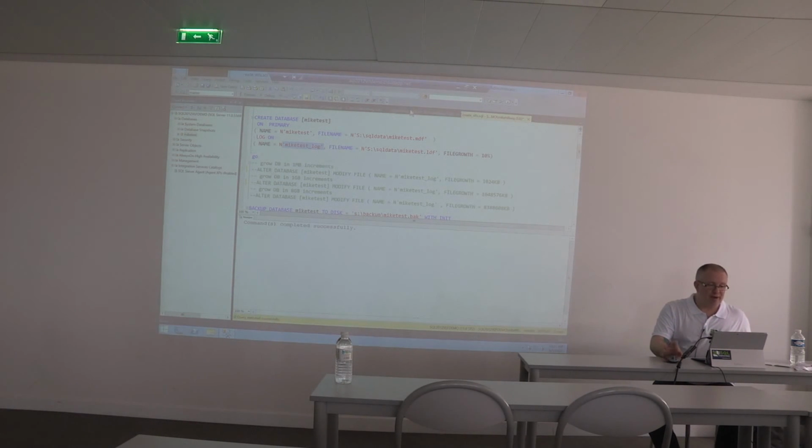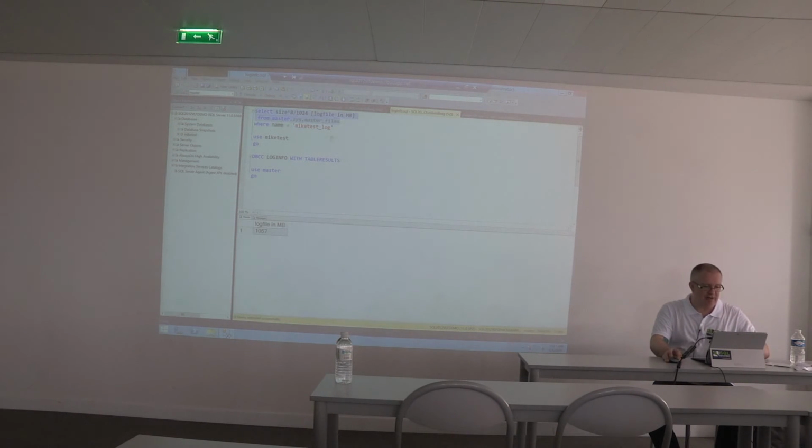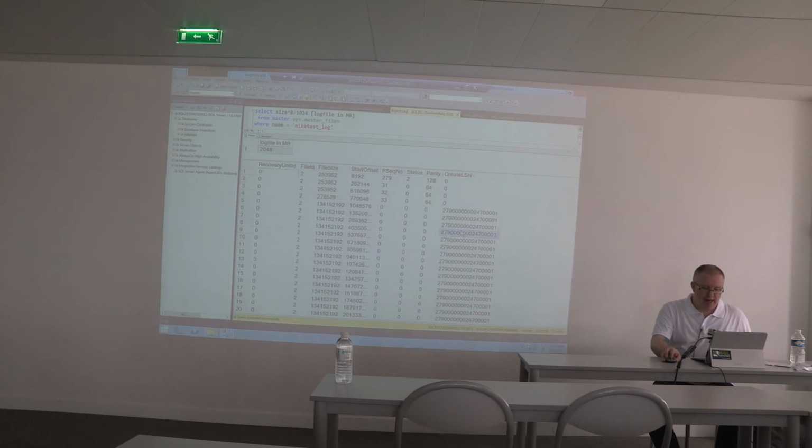All right, so my file has grown. So what I'm going to do is look at the size of my transaction log file. And again, I can see now it is 2 gigabytes. And if I look at it, what you'll see is those first 4 VLFs that were created when the database was initialized.